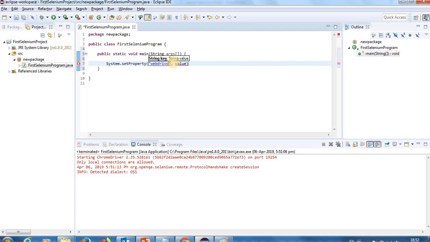So webdriver.chrome.driver, and here you have to give your Chrome driver path.